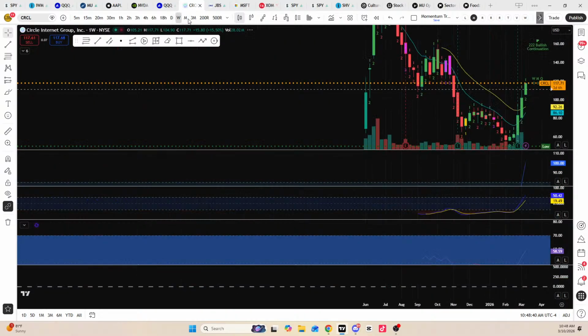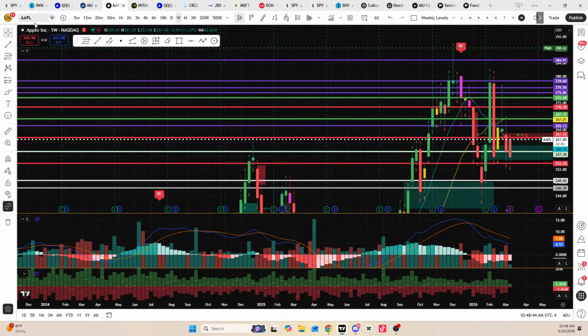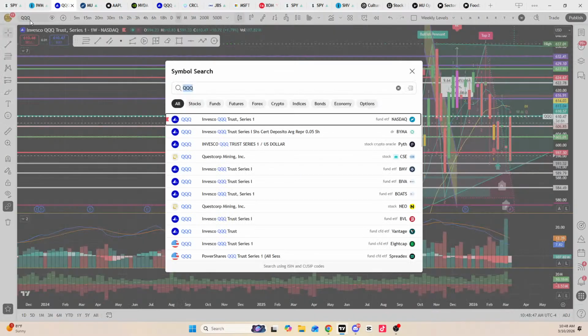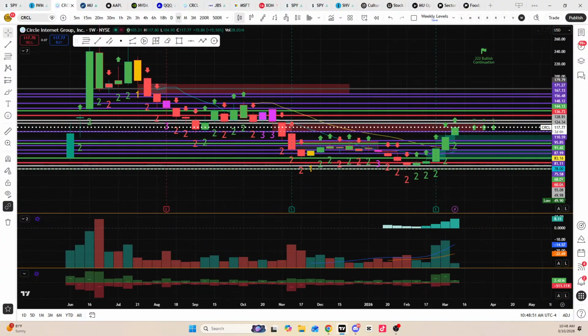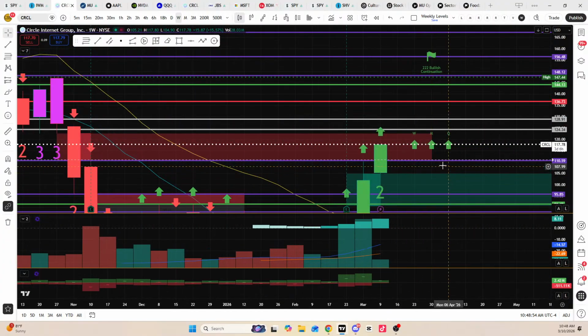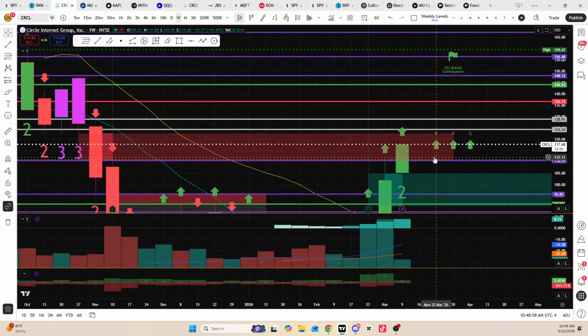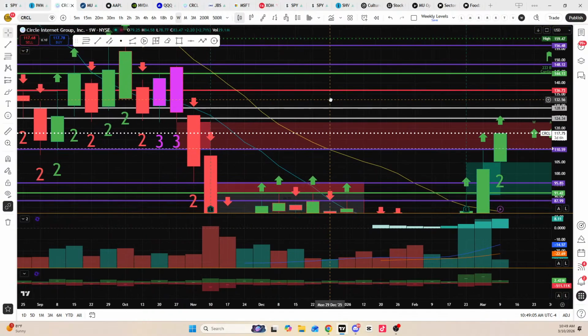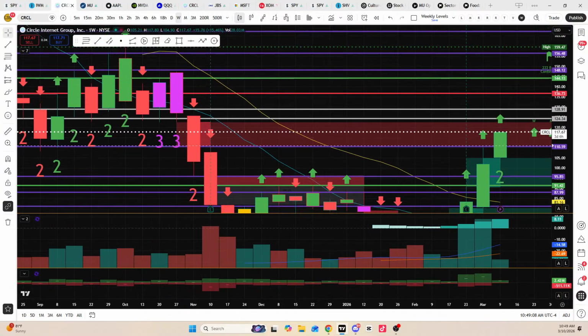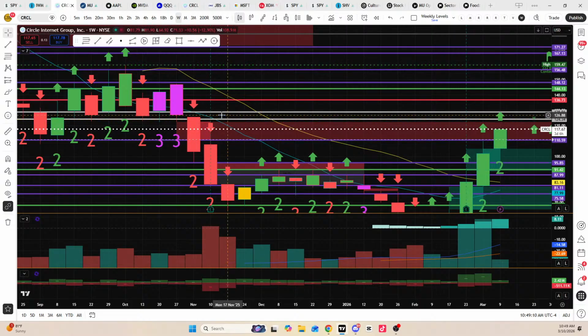You gotta go back to the weekly levels for Circle. Let me go back to the weekly level chart because I think I got some levels on Circle. Yeah, definitely got some levels on Circle. So 110 or 111 was a crucial level for Circle. They're pushing through a selling block right now. They got a selling block that goes all the way up until about 122. That'll pretty much fill a weekly pullback that they had going back to November.